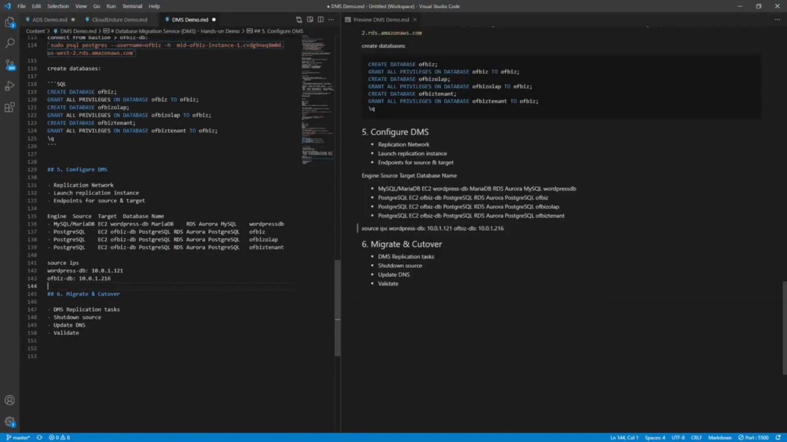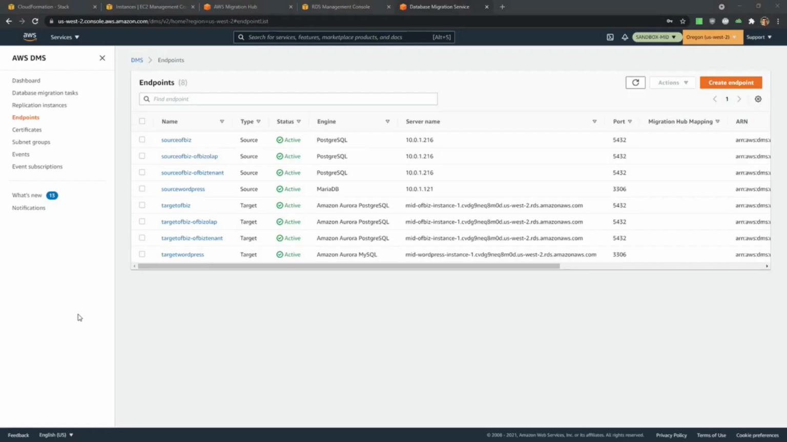All right. With configuration of DMS complete, we are now ready to move on to the last step, which is the migration and cutover. The migration is executed by creating a set of DMS replication tasks for each pair of source and target endpoints. Let's jump into the DMS console and we will create a total of 4 migration tasks, one for each pair of source and target. So there would be one MySQL replication task and 3 PostgreSQL replication tasks for each database that needs to be migrated. So for MySQL, let's go to